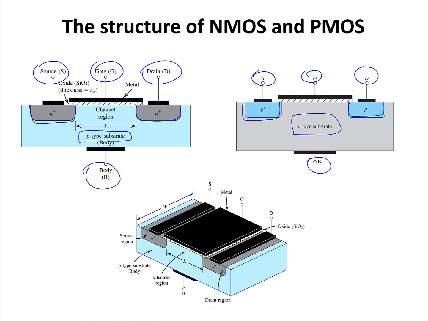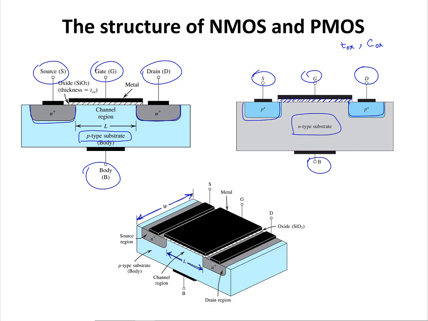If you look at the 3D picture of an NMOS transistor, the length of the channel is shown by the letter L, and this is the width of the channel. The length of the channel in MOSFET transistors is the minimum feature size. In other words, the width of the channel is much longer than the length of the channel. And as you saw in the introduction video, there is an oxide layer between gate and substrate. The thickness of this oxide layer is shown with T ox,